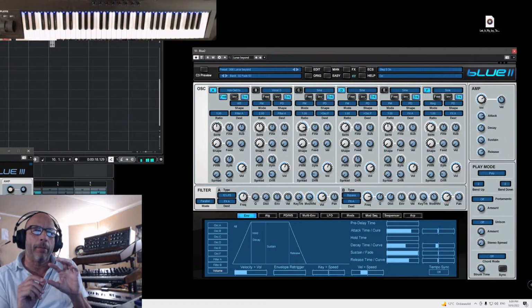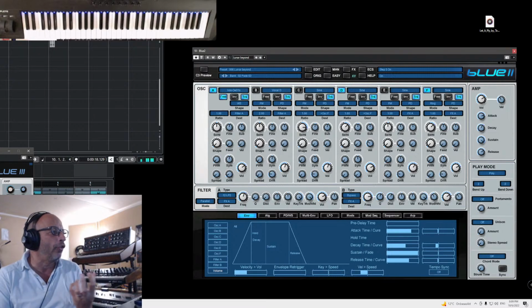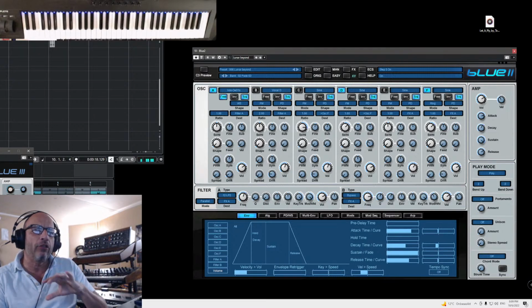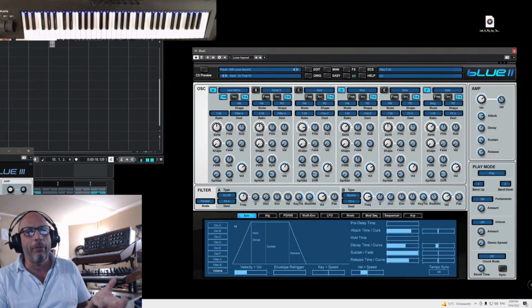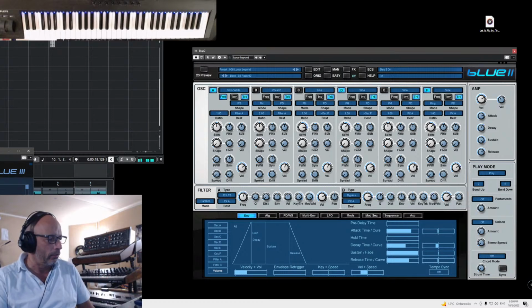And that's the cool thing about FM synthesis. It can be very expressive, very punchy sounds. And that was initially also the idea for Blue, to combine the cool things of FM synthesis together with the cool things of subtractive. So if you would go in the analog bass sounds, then you also have some very cool analog